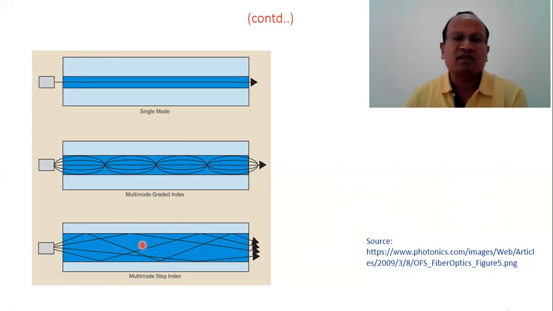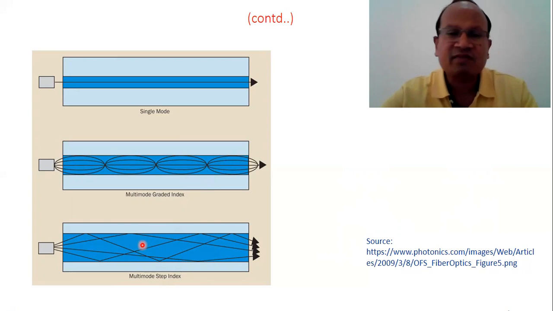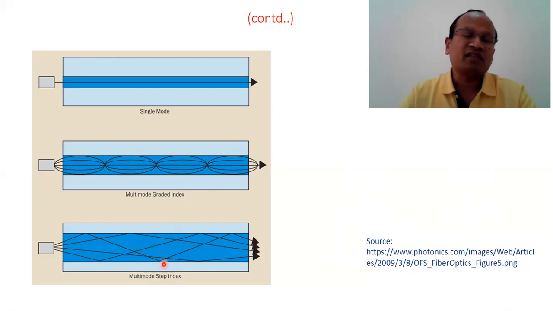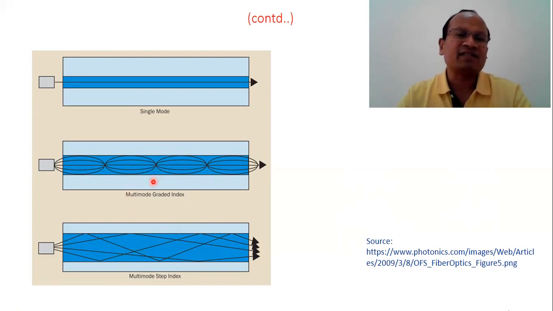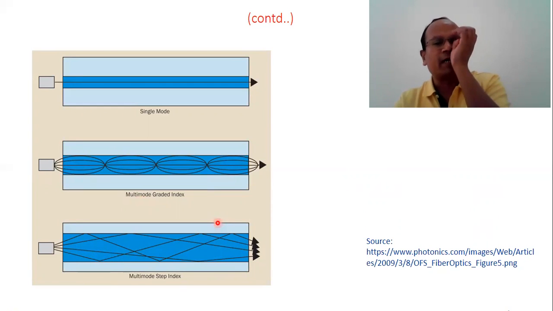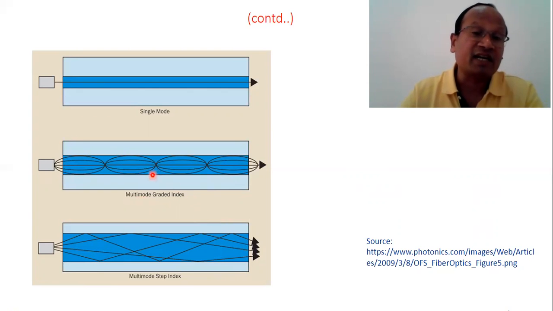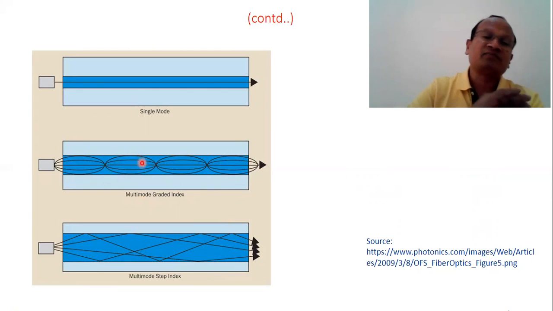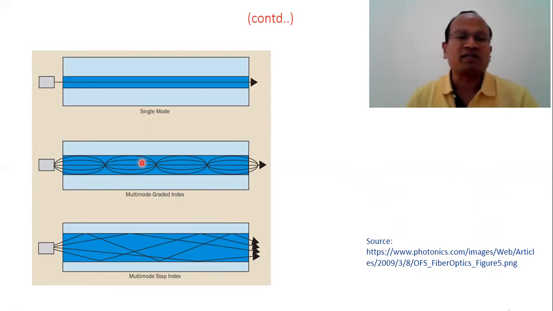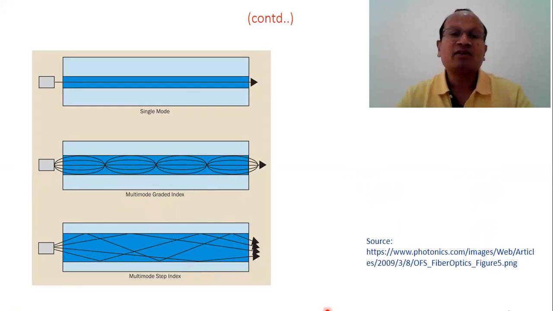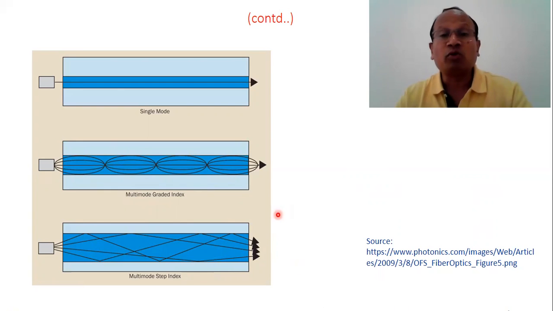When there is step index, then the patterns and the movement looks like this. And when it is a graded index, you see that straight line slope-like structures are there. In a graded index, variation is not like this, what we can see in the step index. So these are the variations or changes between graded index and step index. That too, both are